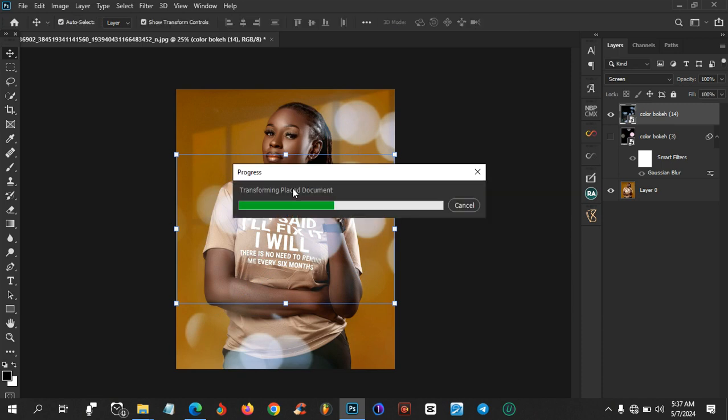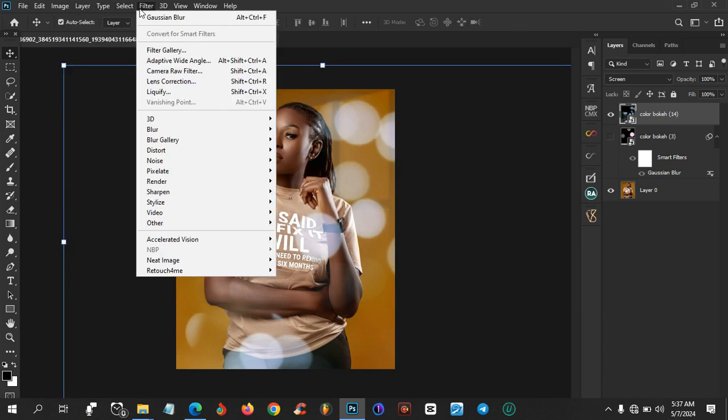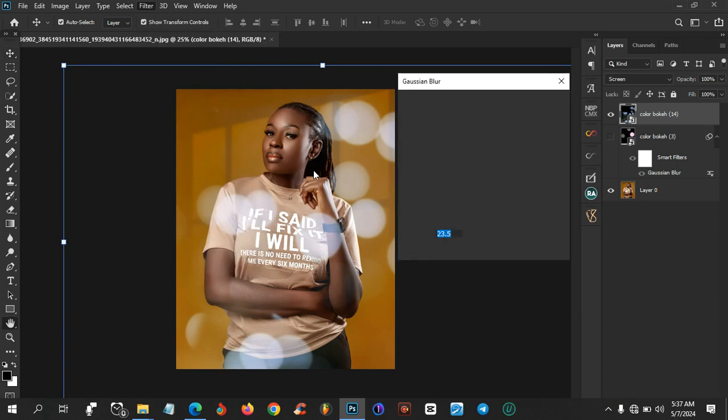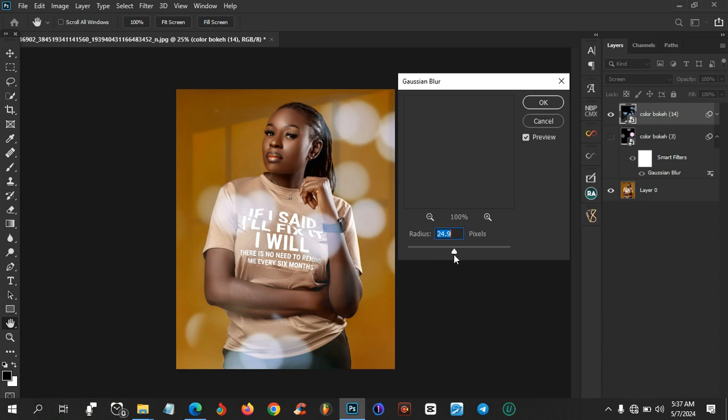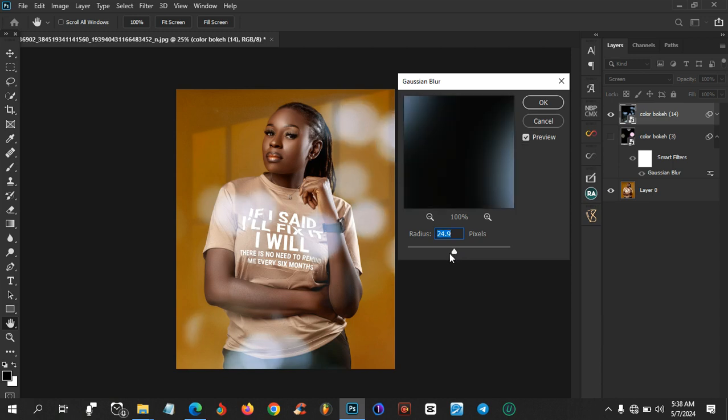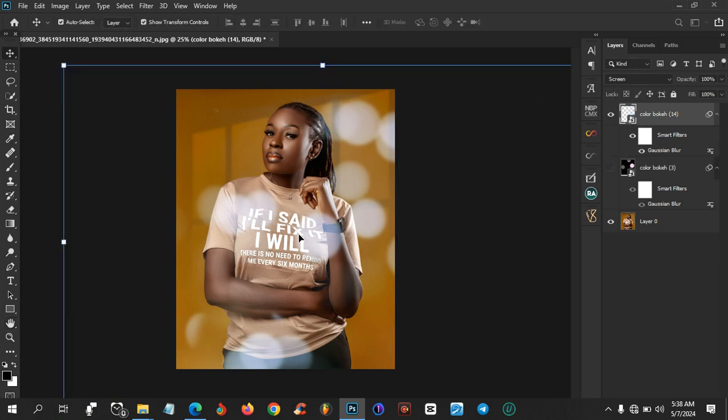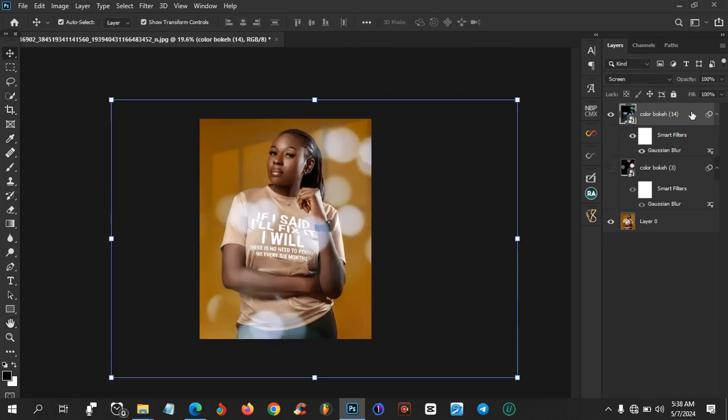Some places are already blurred, but you can still go ahead and go to filter, blur, Gaussian blur, and blur it. But if you want it a little bit visible, you can just make it a bit blurry. Let's take it backwards. Okay, so this should be fine, and you can see the difference in the effect. One good thing about it is,